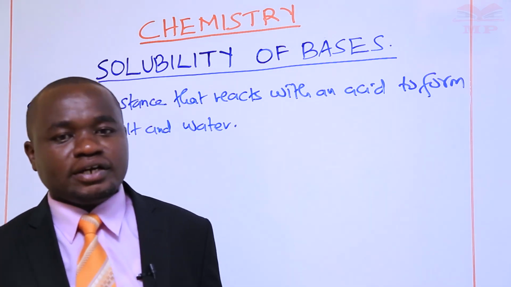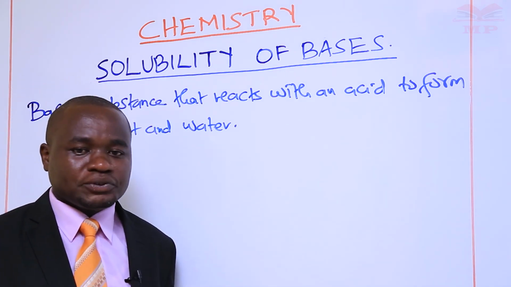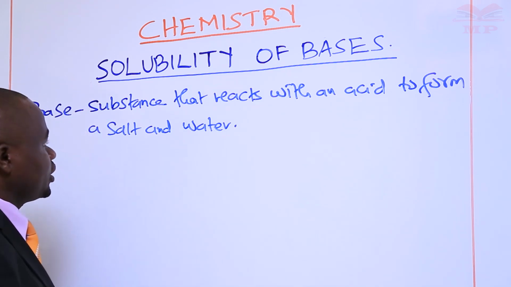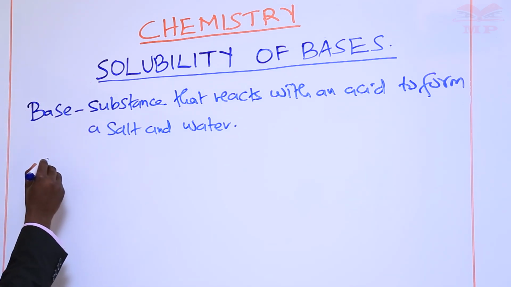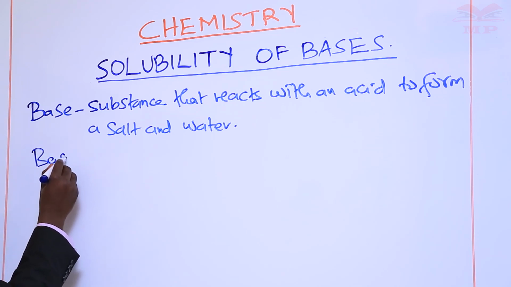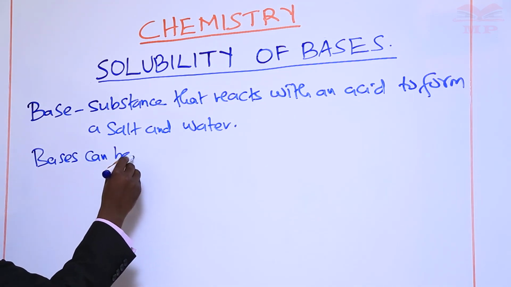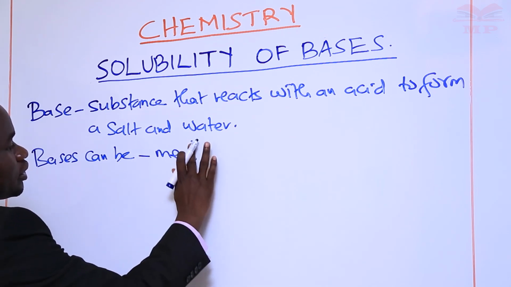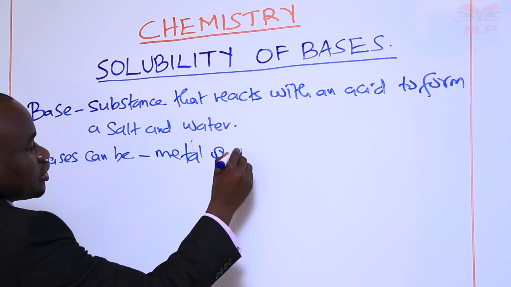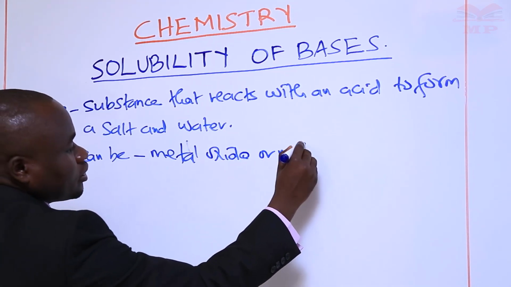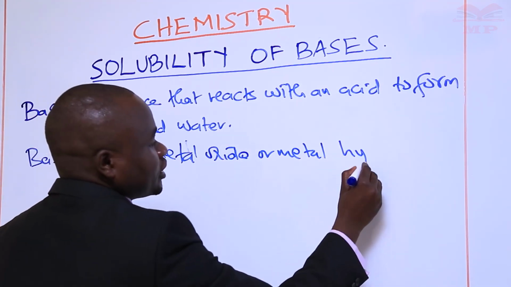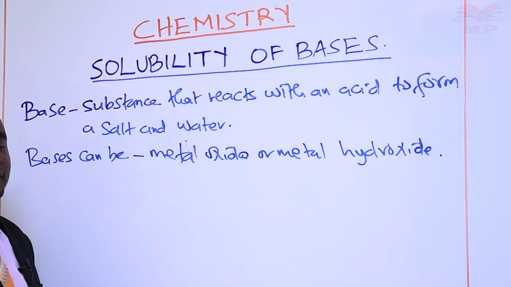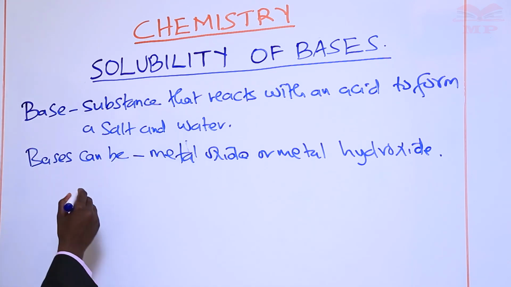And we need to know this, learner, that bases are of two types. Bases can either be a metal oxide or a metal hydroxide. So we are saying bases are of two types. A base can be either a metal oxide or a metal hydroxide. We are saying so because, for example, if you react a metal oxide like zinc oxide with an acid